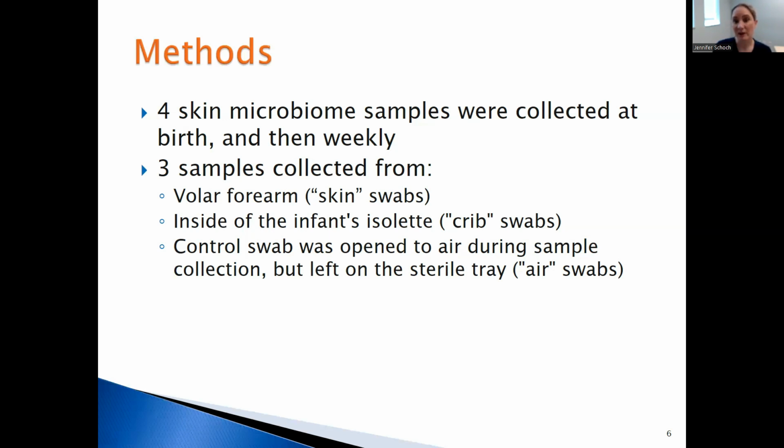We also collected an environmental swab from the inside of the infant's isolette or crib. We call those crib swabs. And then we had a control swab that's open to air during the sample collection, but left on the sterile tray. So the idea is that the swab was open to the air as long as the skin swabs or the crib swabs would have been. So there might be a little bit of genetic material falling from the environment on that swab,